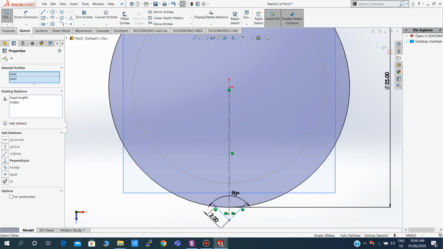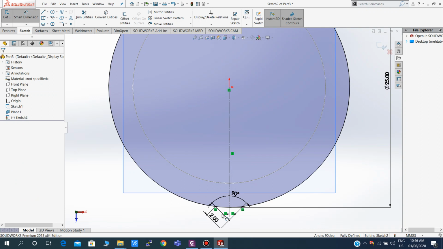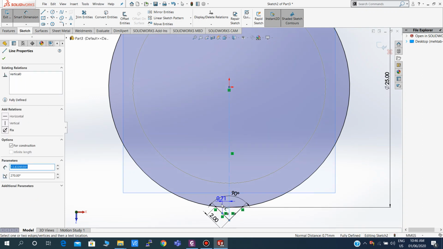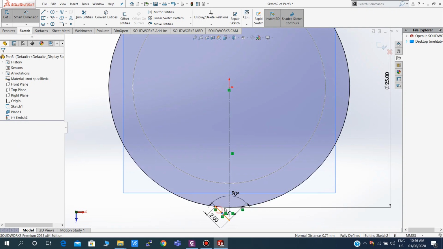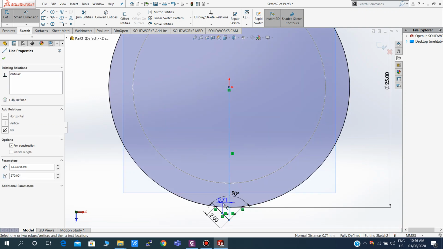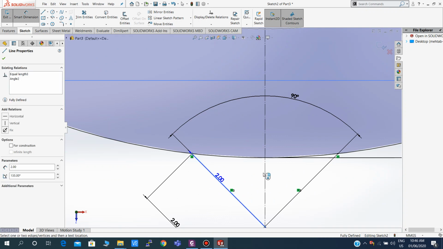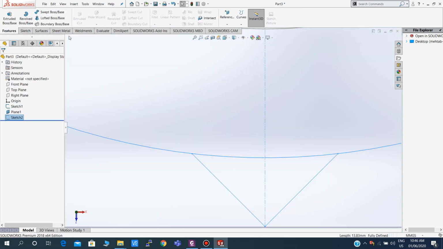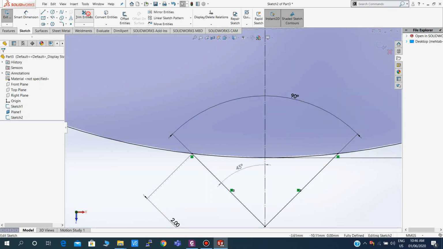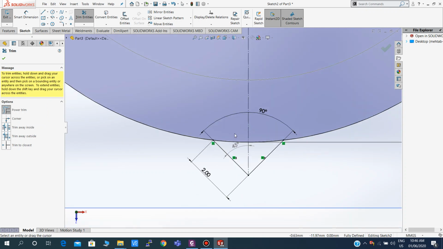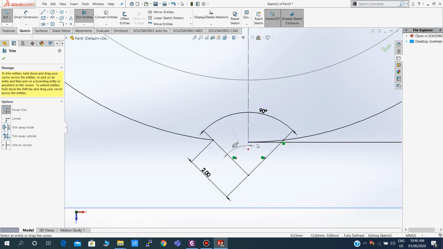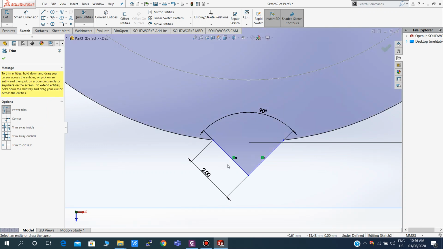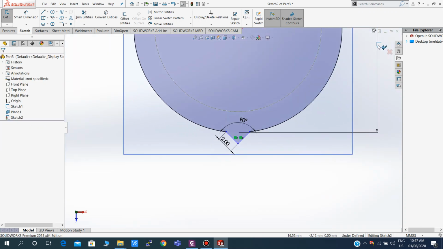Okay, fine. Now we have to give the dimension this and this. Sorry, again this and this. 45. Okay, it's fine. Now exit the sketch and again edit sketch. Click this sketch, edit, and trim it. Okay, I'm going to trim this or this. Okay, now that's it. Exit,